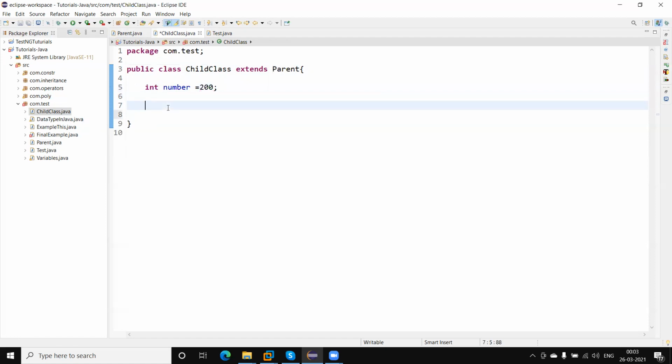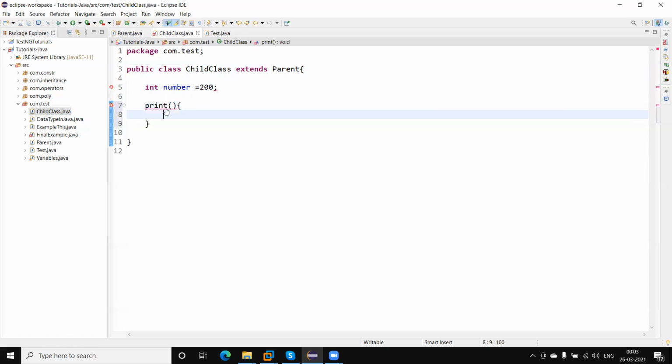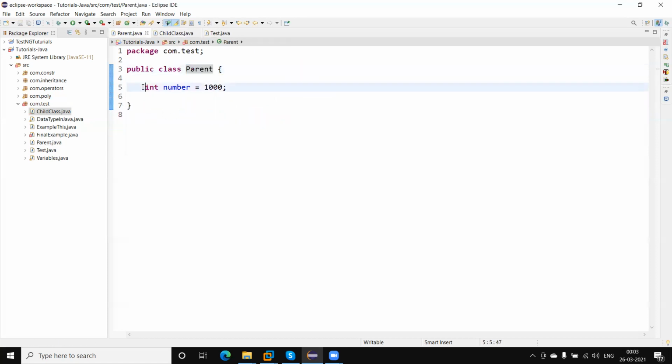Okay, and in one method I am going to print this number. So this child class inherited the properties of the parent class. It means this number will also be inherited.